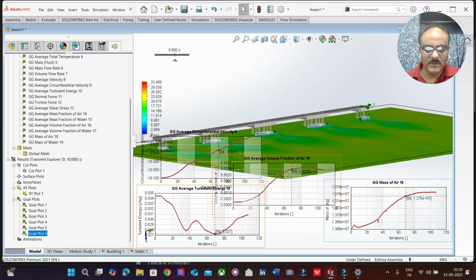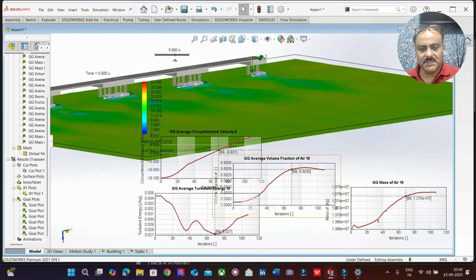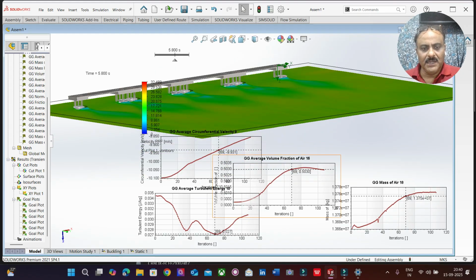Okay, so let's try to revise what exactly we saw. Today we studied the hydrodynamic aspects of a river, where a bridge is constructed across the river, and the river flows at a speed of 15 to 20 meter per second, and there is the influence of air above, and the air is also moving at a certain velocity that's going to create an impact on the flow of water, and we are interested in finding out the flow parameters of the water, the river, and